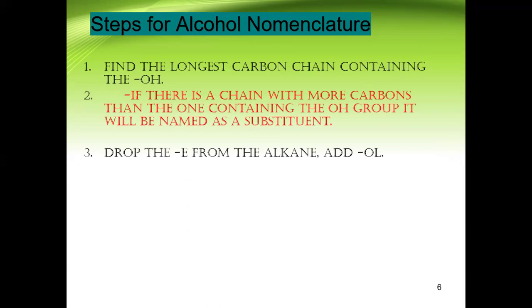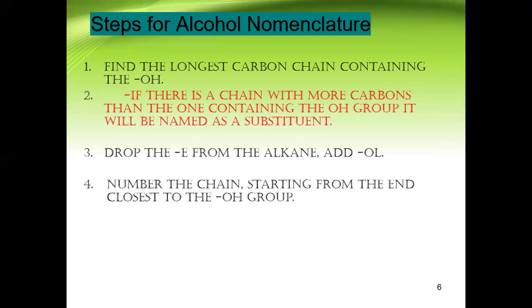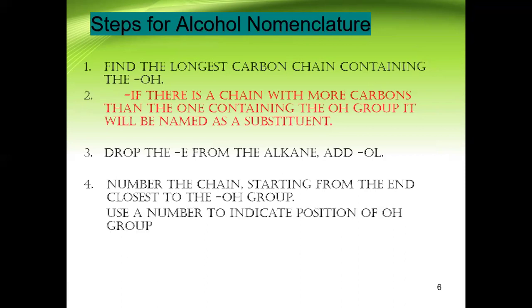Number one, find the longest carbon chain containing the OH. If there is a chain with more carbons than the one containing the OH group, it will be named as a substituent. Drop the E from the alkane to add OL. Number the chain starting from the end closest to the OH group. Use a number to indicate the position of the OH group. So some examples of alcohols are